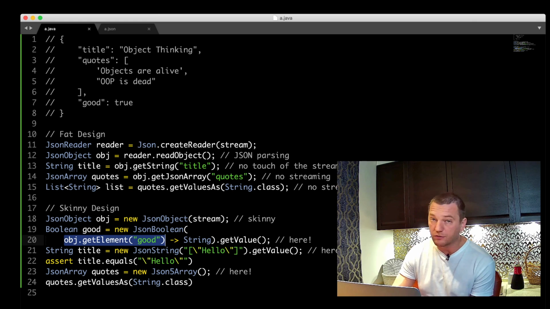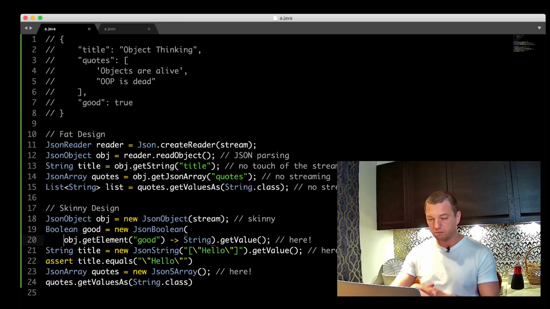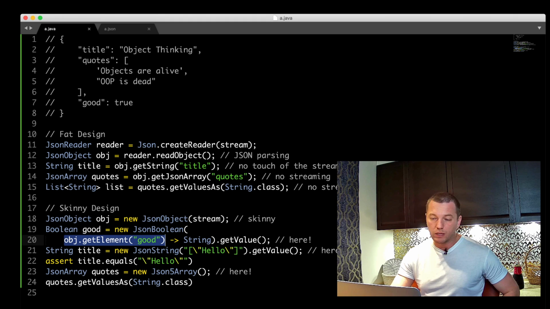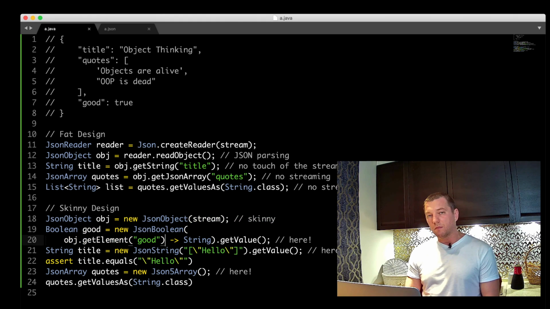So this is a reasonable concern. That really does make sense, saying that by taking the data, we are making it exposed, it escapes the object, and then we let somebody else work with the data again.